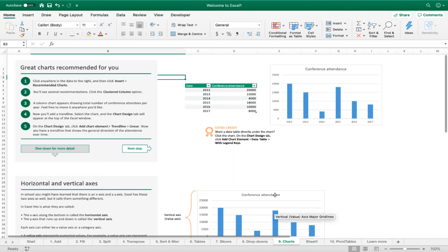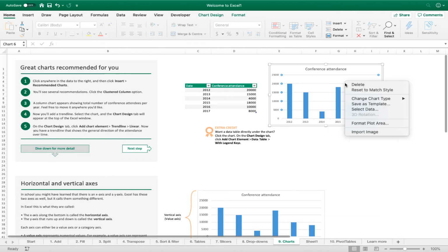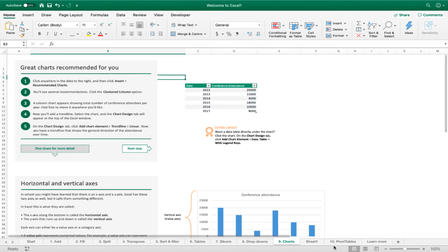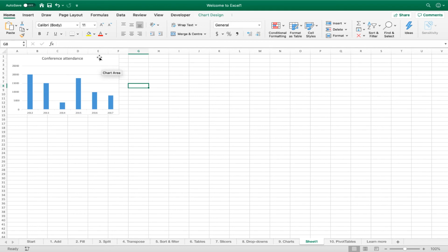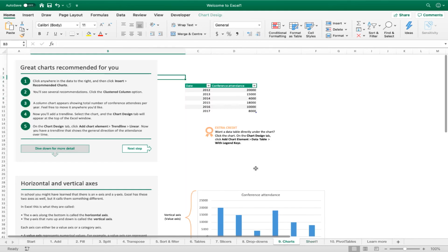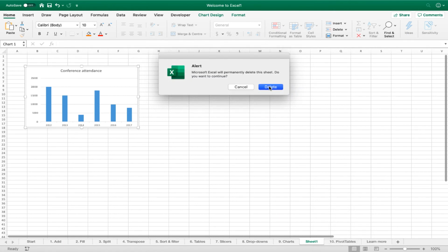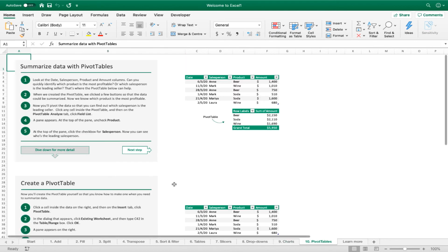Gladly, I will do that. I will move it right here, where it will be treasured and loved for the rest of its long life. Secondary axis, yeah, whatever. Okay.